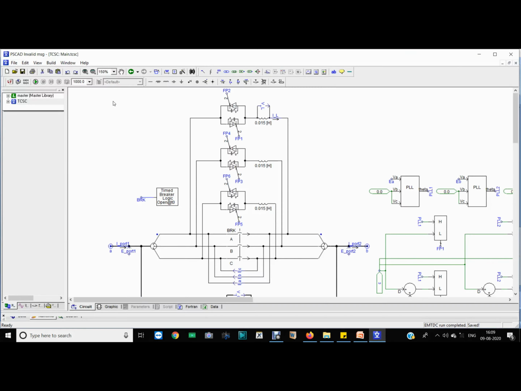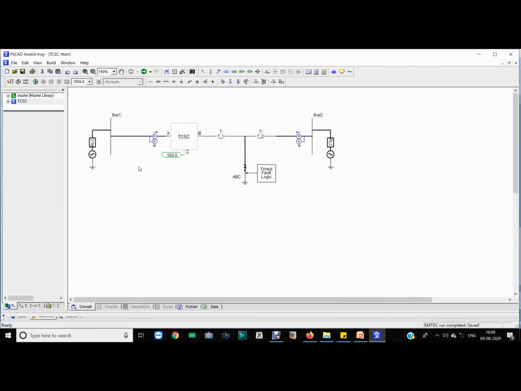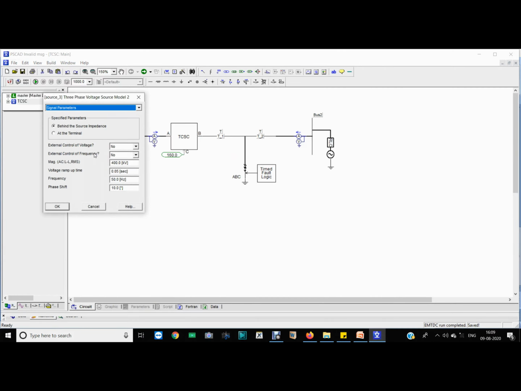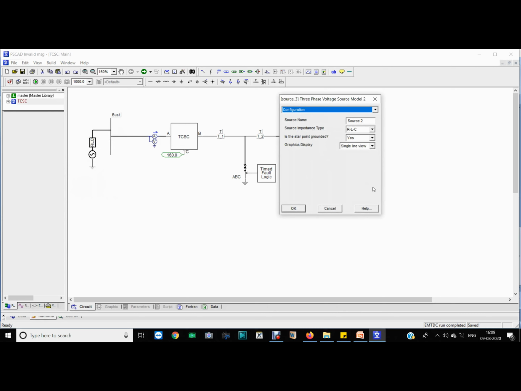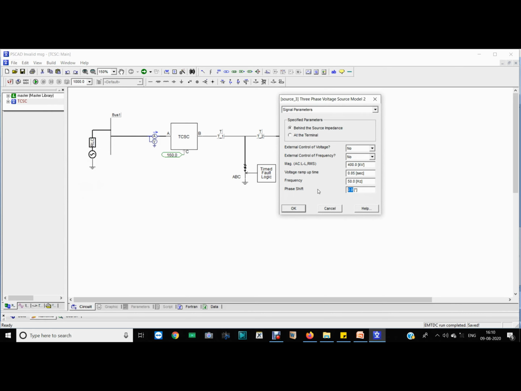So this is a PSCAD model where the same model is taken, a two machine two bus system. This is voltage source 1, where the voltage is 400 kV and the phase shift is taken as 10 degrees, meaning delta equals 10. For source 2, this is 400 kV and 0 degrees. Okay,